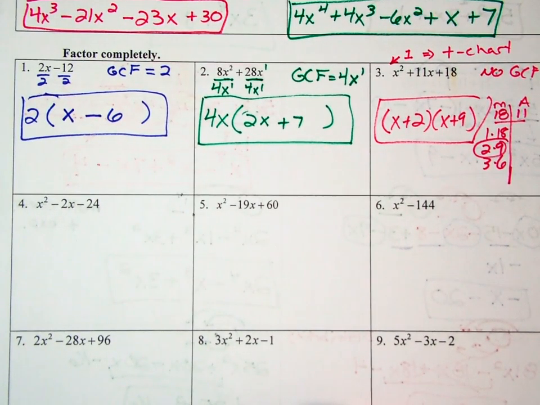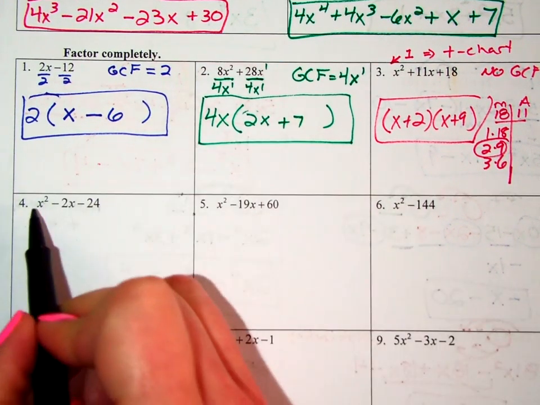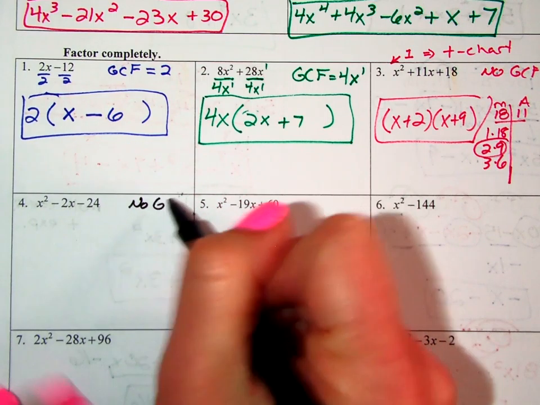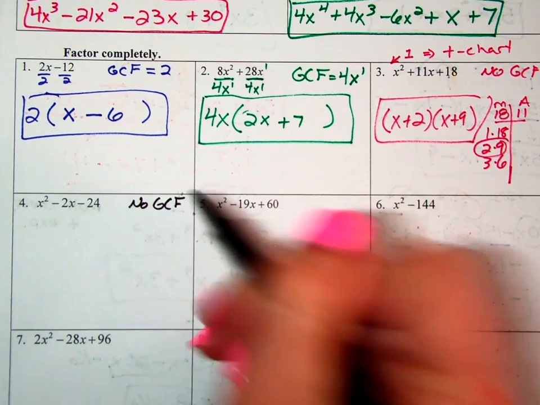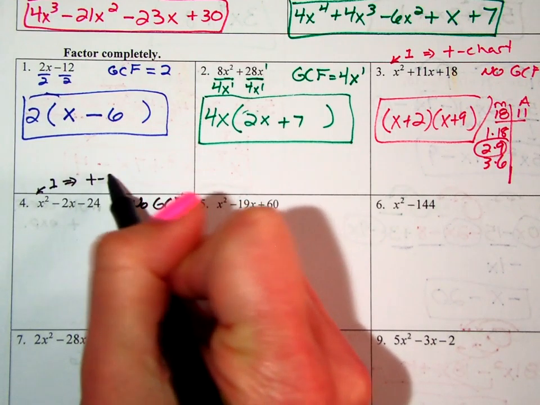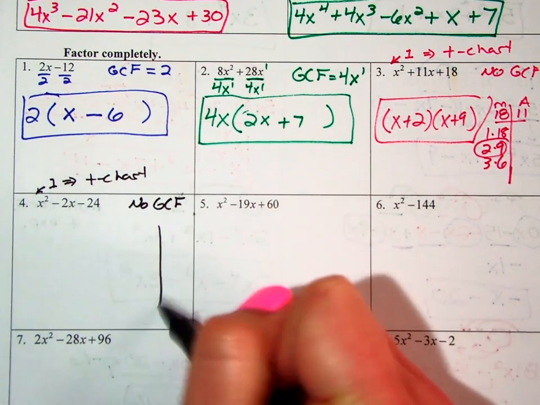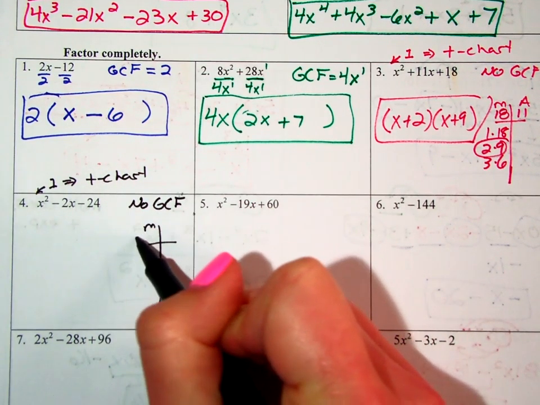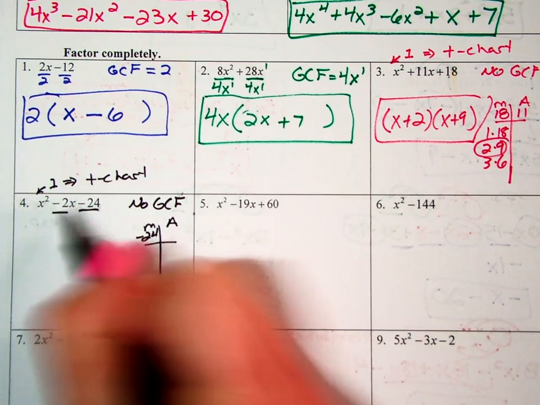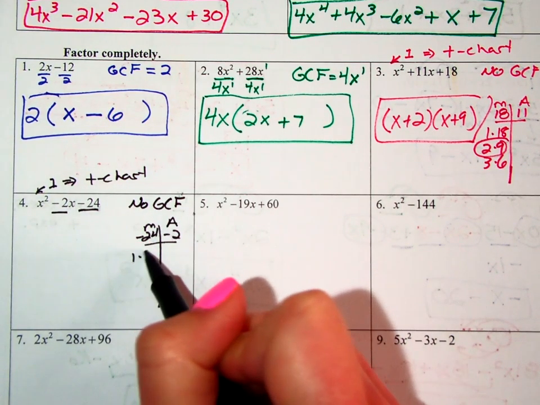Number 4. Again, we should look for a GCF, but my first term is a 1, so that means there is no number GCF, and there's not a variable in all of them, so there is no GCF. Since my first term is a 1, that means that we're going to use a t-chart. So again, it's got to multiply to my last, which is a negative 24, and add to the middle, which is a negative 2. So we have 1 and 24,